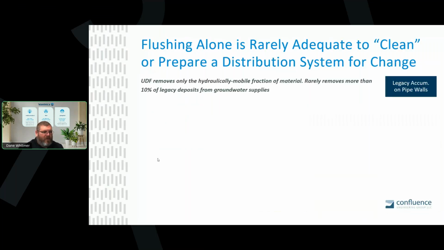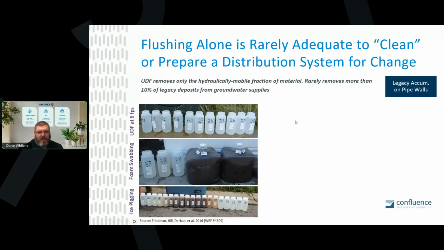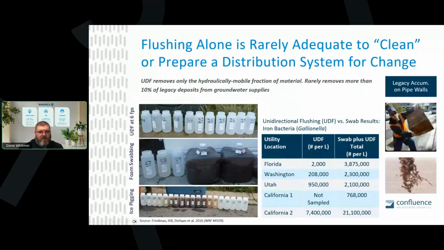So we think of pipe maintenance a lot of times as a flushing practice, but unidirectional flushing is not the answer to everything, right? Because it will only get hydraulically mobile portions of material, things that can easily be picked up, sediments. So here, this person that I've worked with over at Confluence, here's her example of them doing unidirectional flushing. And then here's the difference between before and during, what the water looked like